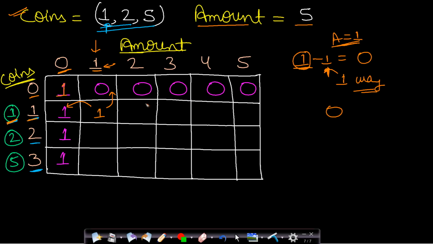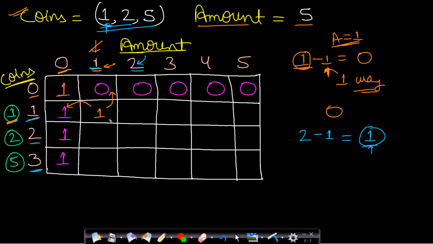Okay. Now let us move on to the second point. In the second point, we are required to find amount equal to 2 and we have only one denomination coin. So how do we find it? Actually, we want to find amount 2, and then what we can do? We can include the current instance of 1. So the amount to be found will be equal to 1. So we will have to move to this amount 1 value, which is this one.